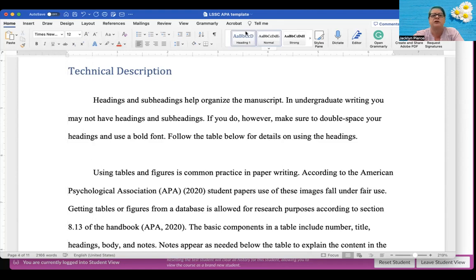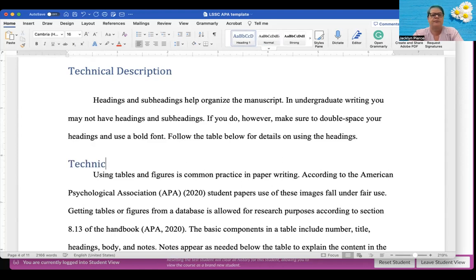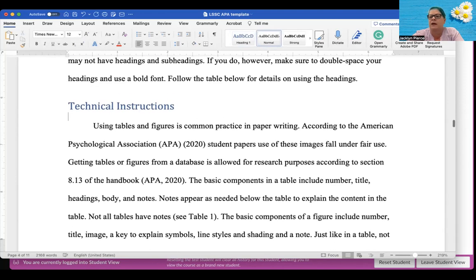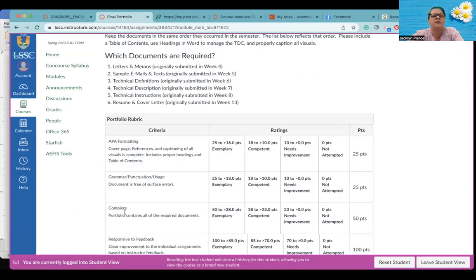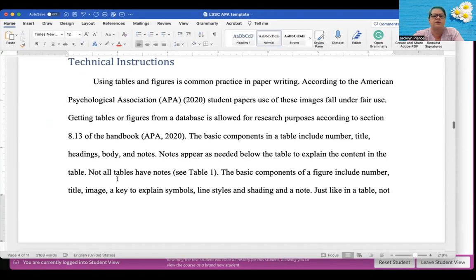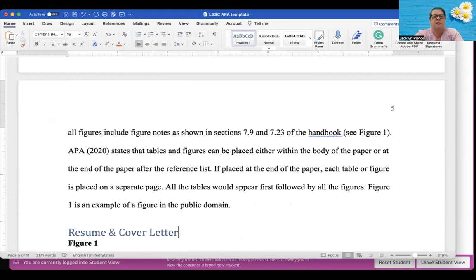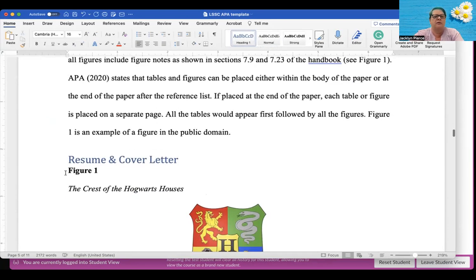Technical instructions are next. And then after that is just the resume and cover letter. So those are the only things that are going to be in this document. So this will be the resume and cover letter assignment. And I'm going to get rid of the